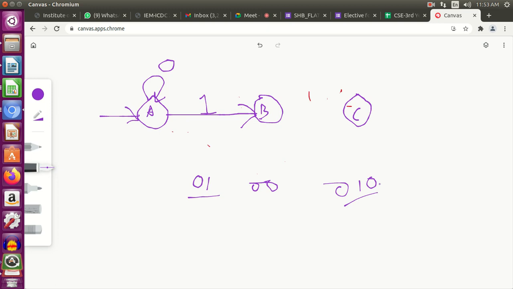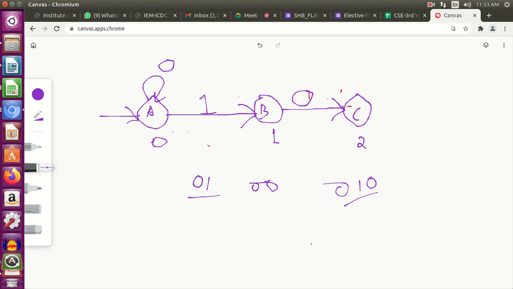If you divide 0, 1, 0, that is 2, by 3, your remainder will be 2, right? So after 0, 1, if you get a 0 again, you will move to the mod 2 state. So this is the mod 0 state, this is the mod 1 state, this is the mod 2 state. Remember this, okay? So if I get a 0 after 0, 1, I will move to the mod 2 state.